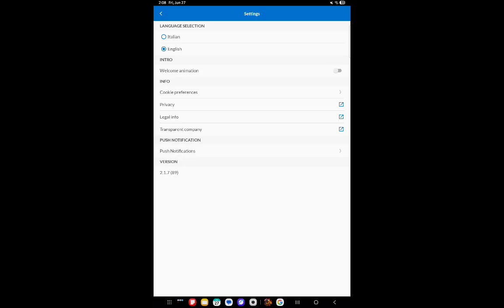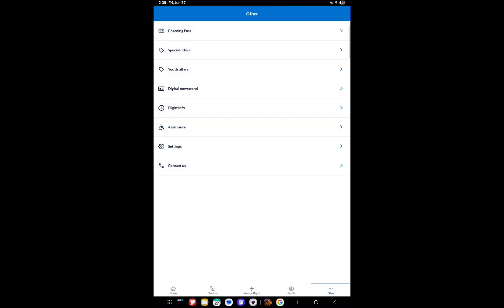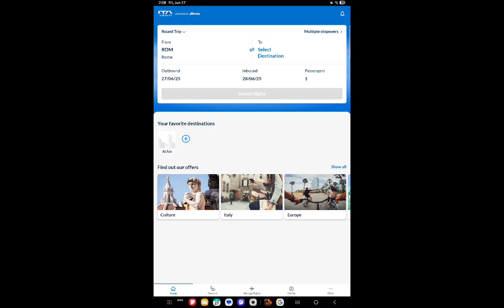That's all you need to do, and after that you can just simply leave the page and the change that you have made there will be saved. So that's pretty much it really.